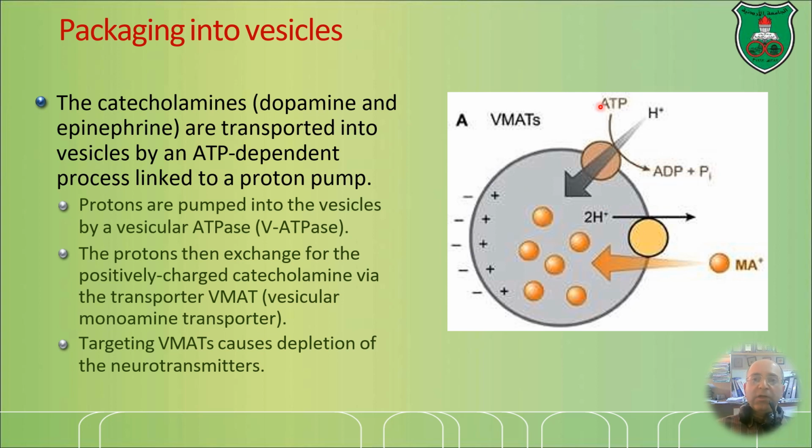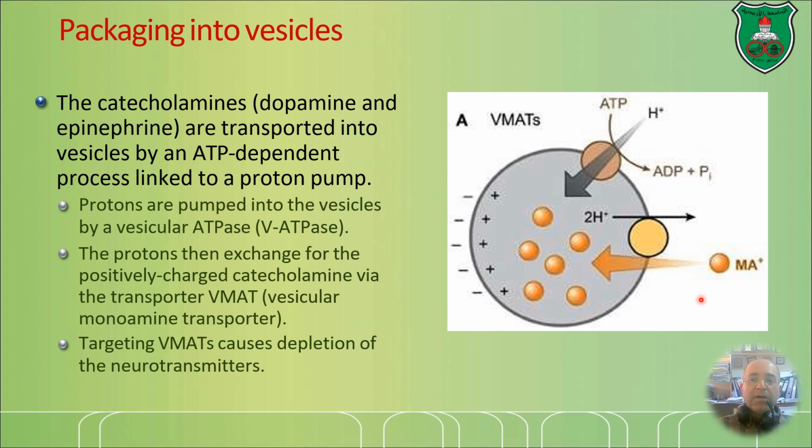What happens is that we have a transporter, a vesicular ATPase transporter that consumes ATP for the entry of protons inside vesicles. So the vesicles are acidic inside, low pH, and there are a lot of positive charges inside versus negative charges outside in the cytosol. So there is an exchange transport as well between the protons and the monoamine